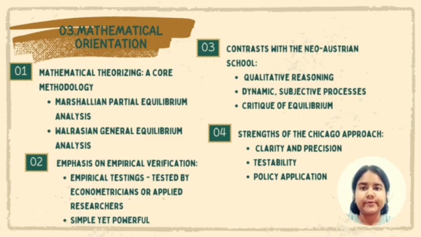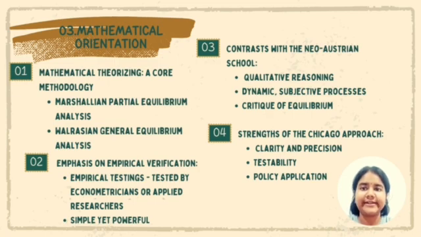The Chicago School places a high importance on testing theories against real-world data. Economists from this school argue that theories must ultimately be validated or refuted by their predictive power. While their theorizing is often conducted by Chicago economists themselves, the empirical testing is sometimes left to others such as econometricians or applied researchers. Theoretical models are designed to be simple yet powerful, capturing key economic dynamics while being accessible